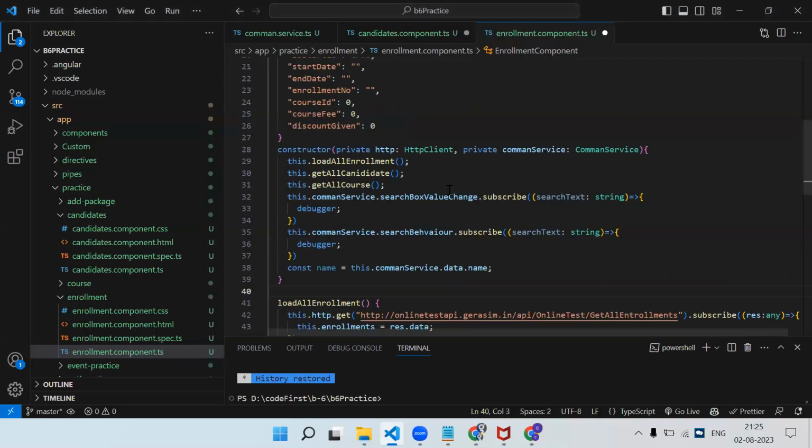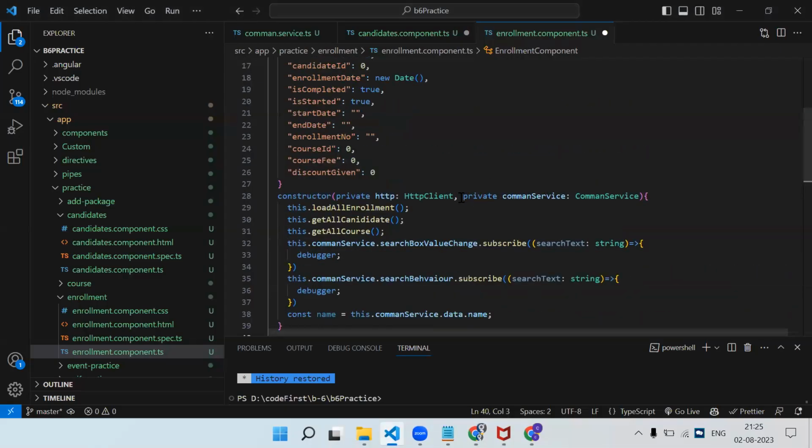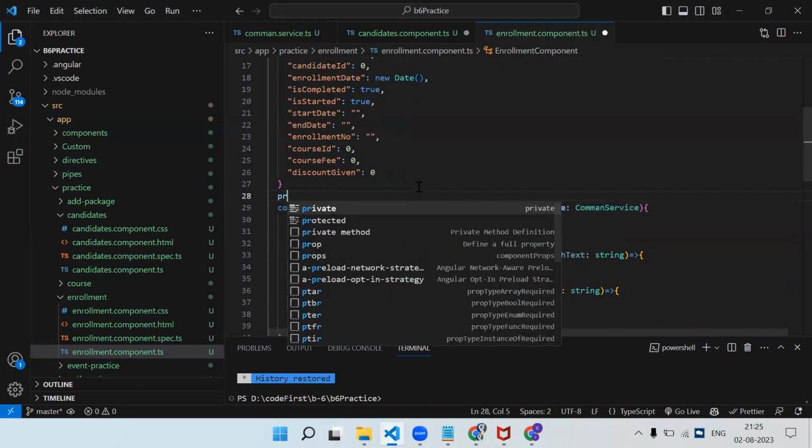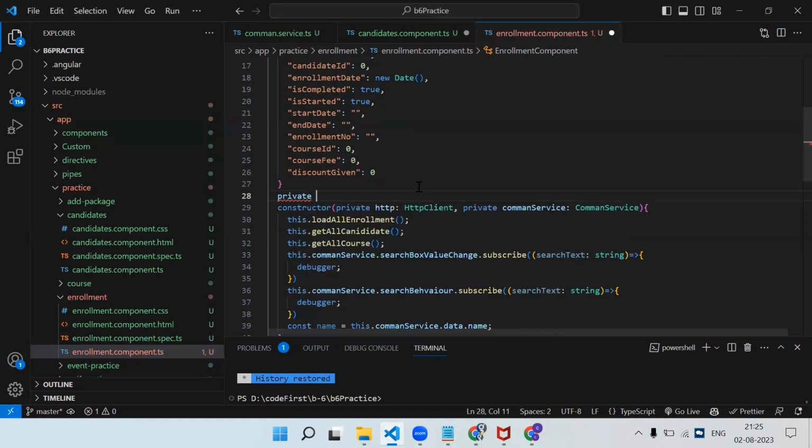Now it is not necessary that we create an object of service like this only. Let me show you the example. We can create simply like private common colon common service new.